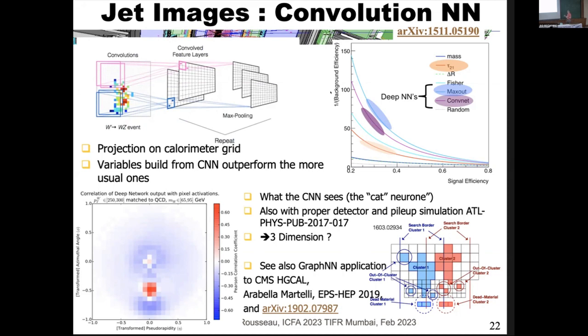This was done again on a Delphes simulation on these jet images, where the information on the depth is lost. And you know very well that in the calorimeter, you have first electromagnetic energy, and then you have hadronic energy. And if you put everything together, you lose quite a bit of information. So that's the next step, which is to take into account the fact that we have a complex calorimeter. And for this, the new development, I will come back to that, are the graph neural networks. But I have a whole section on graph neural networks.